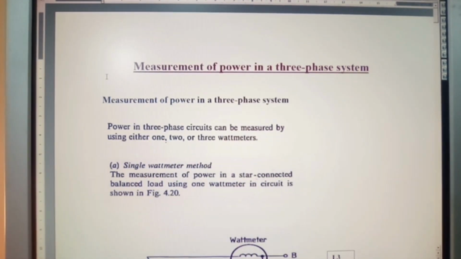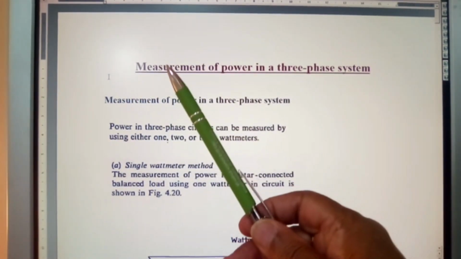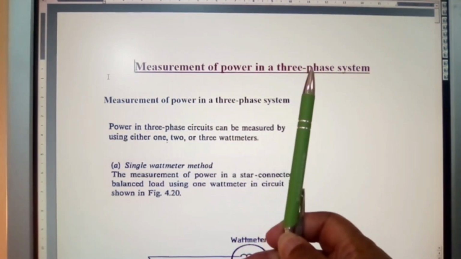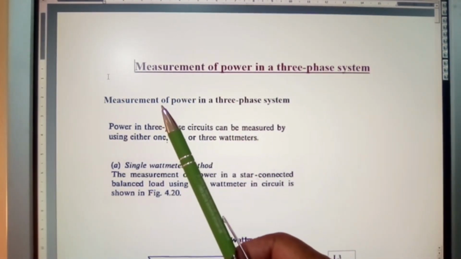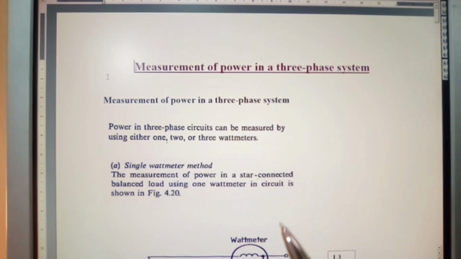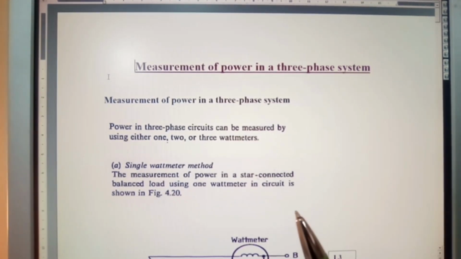Now, check your information. Don't take this just as read. Do some background research for yourself. Make sure that you understand the concepts of line 1, line 2, and line 3 in regards to the three-phase systems. Some people will have a different method of calculations in regards to